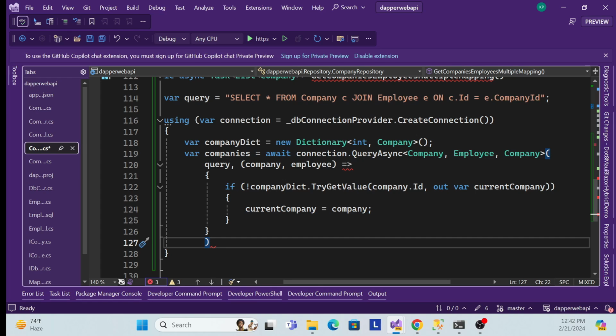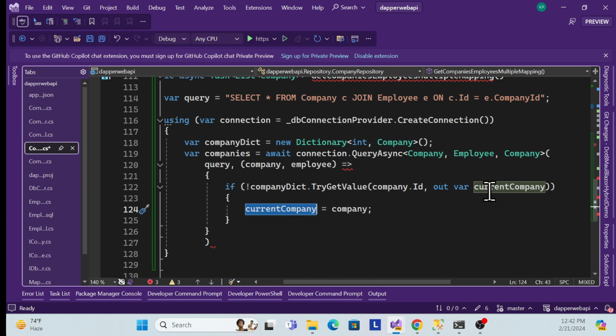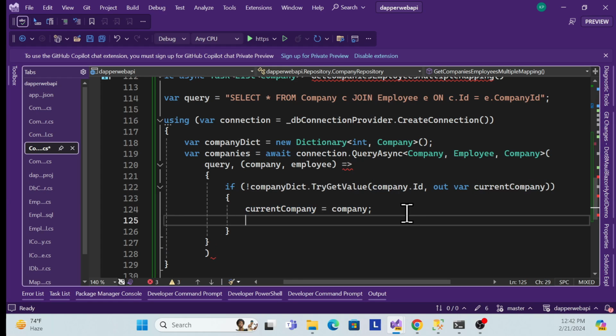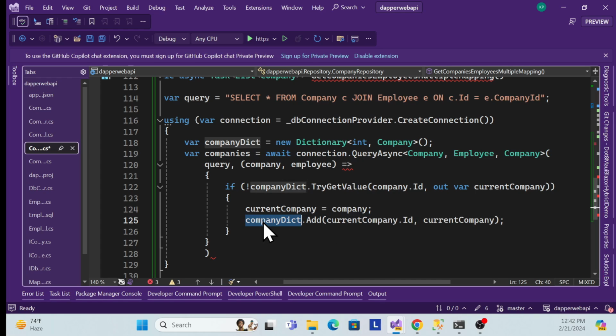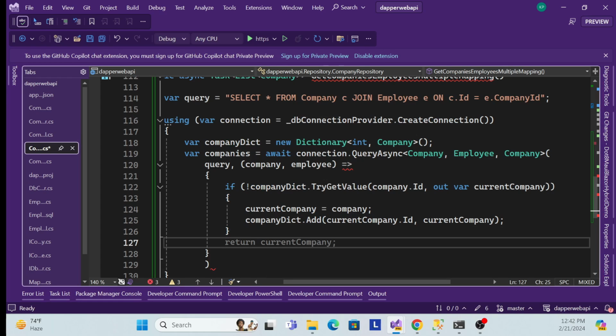But here, once I add this company, this is the current output company, right? So this is how we get the data, and whatever company we get, we simply assign over here, right? And then I need to add the data inside this company dictionary: the current company id and the current company. So the whole object I have to add over here, right? If it does not exist in this, then add it; if it exists, then what I need to do is simply